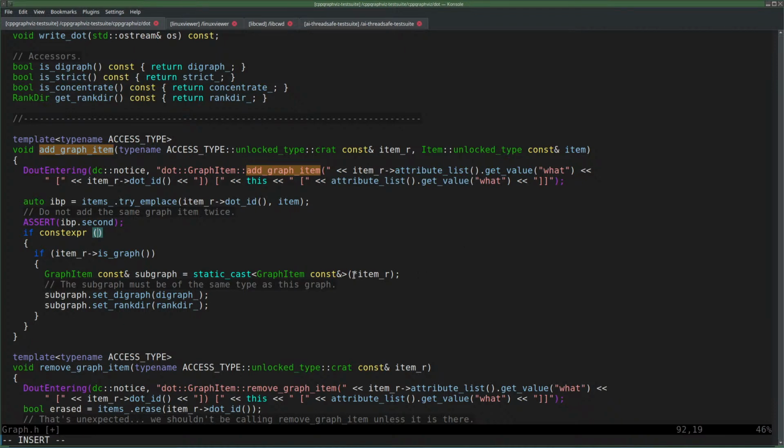In other words, that is base class of that. Or is equal, which means that it either is a graph item, I think, or it is an item.